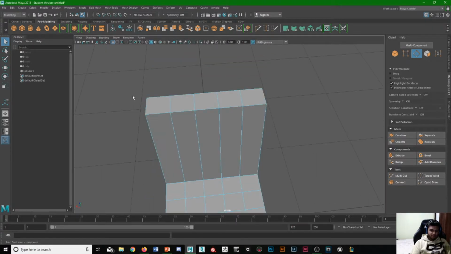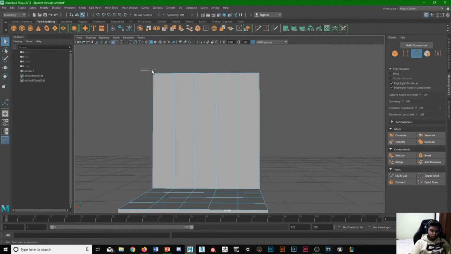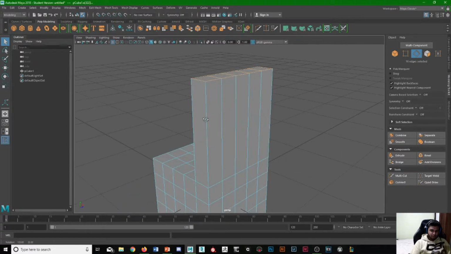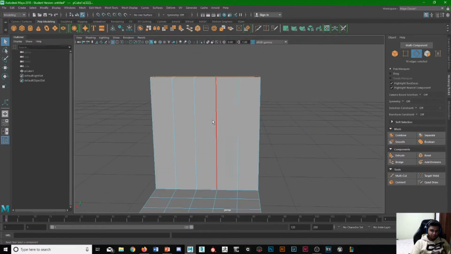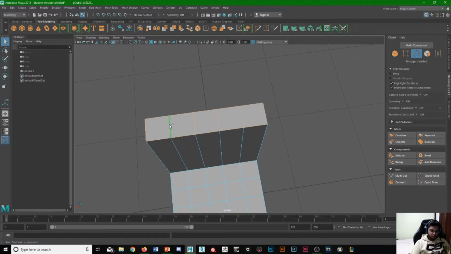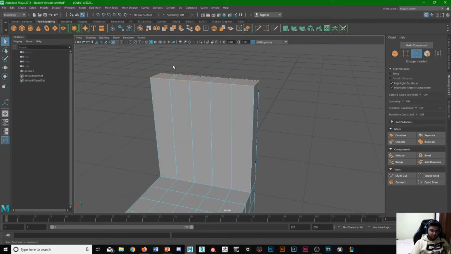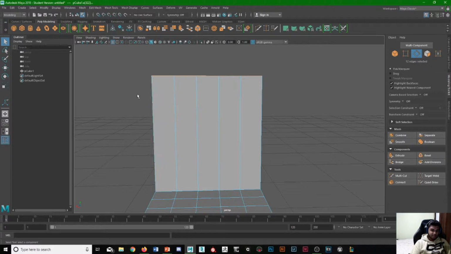So an alternative is to press shift and left click to select them all, and then control click to get rid of these front facing ones, and if we hold control again, we can get rid of these top ones. As you can see, in this case it might not be as effective, but generally it's the fastest way